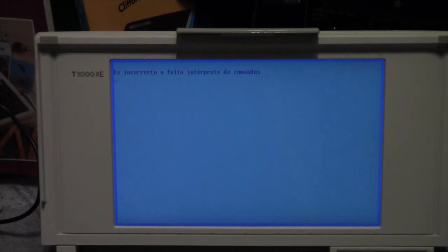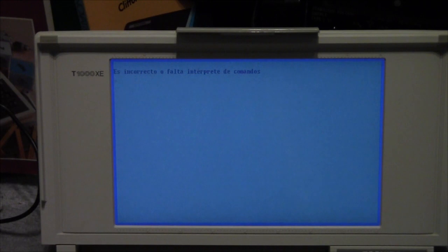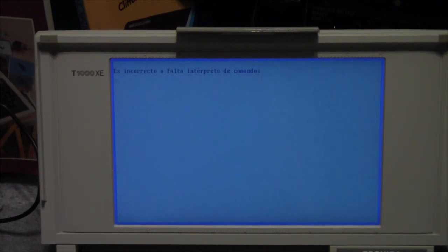It says, "Es incorrecto el falta interprete de comandos," which Google Translate says means missing or bad command interface, something like that. Basically, command.com is damaged, so it can't boot. And this is when we thought, oh no, the hard drive is screwed. But fear not. After pressing some buttons trying to get into some sort of BIOS setting, which is not happening because it doesn't seem to have a BIOS screen, we reset it and